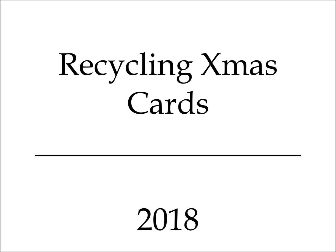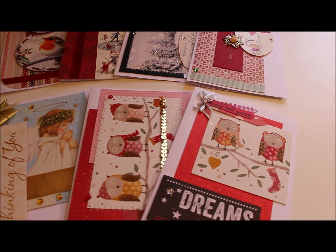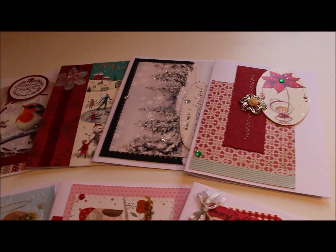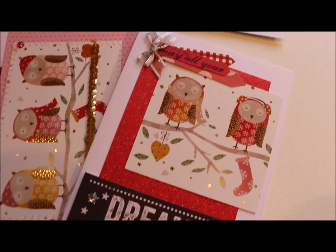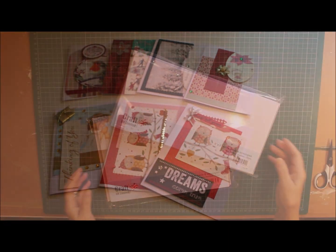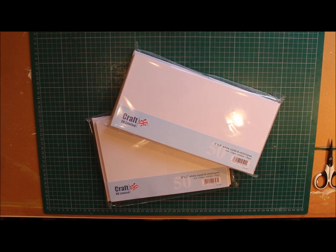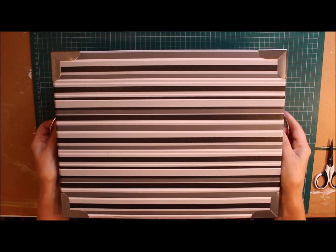I am out of the garden now, I'm back into the craft room finally. I'm making my Christmas cards for this year for friends and family like I always do. I'm going to mainly be using some 6x6 and 5x7 bases. I've got last year's Christmas cards as per usual that I've saved. I've cut all of the fronts off